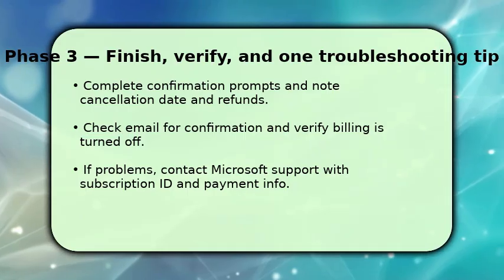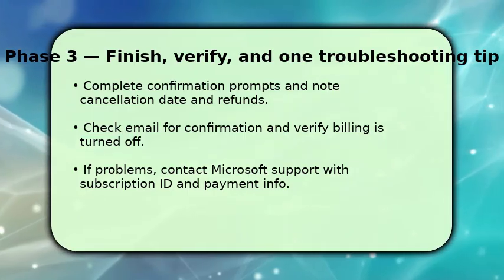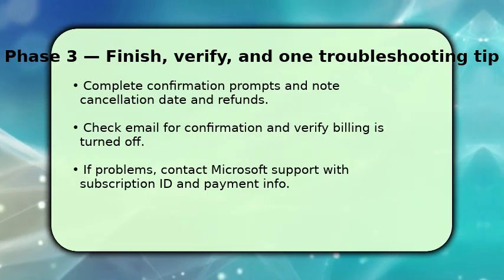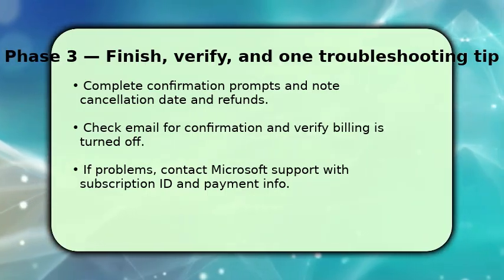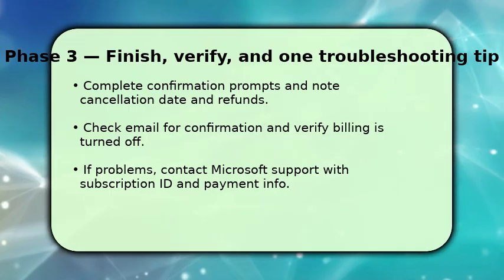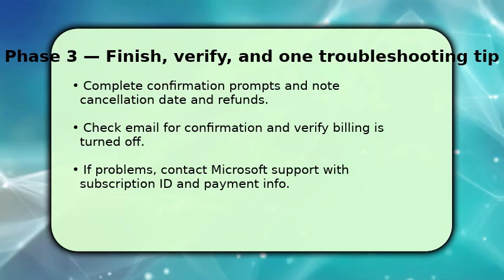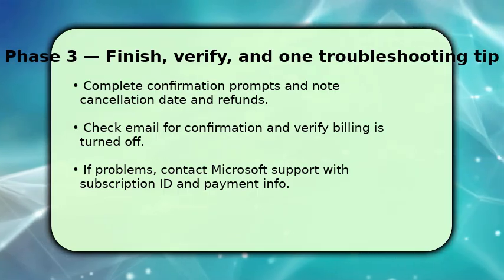Microsoft will usually send an email receipt. Save it. Make sure recurring billing is off in the Payment Methods area, and check your next bank statement to confirm no further charges. If you were charged incorrectly, contact Microsoft support immediately with your subscription ID, billing email, and